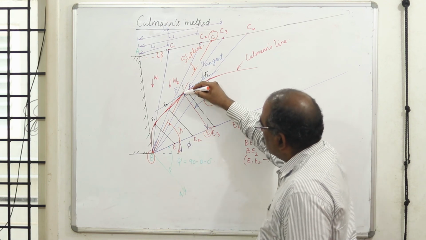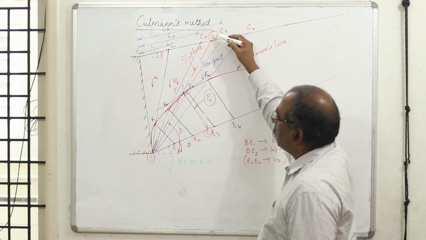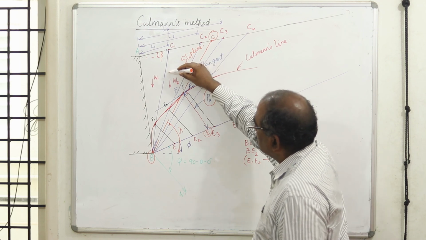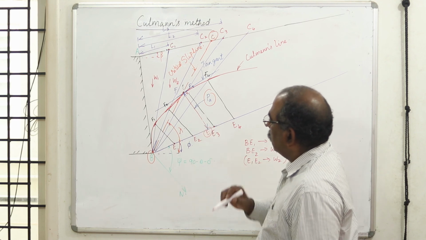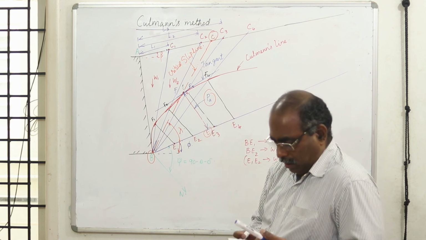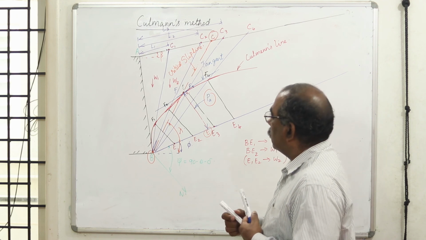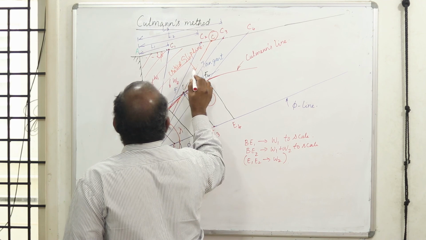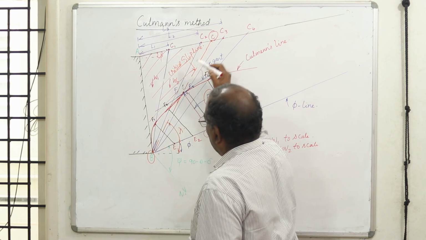Then joining F from B and extending it to the ground line, I get C. This line is called the critical slip line or best slip line. This is the critical slip line. I can measure my angle lambda. Now I need to know the direction of my thrust. Now in this wedge, I got A, C and B.